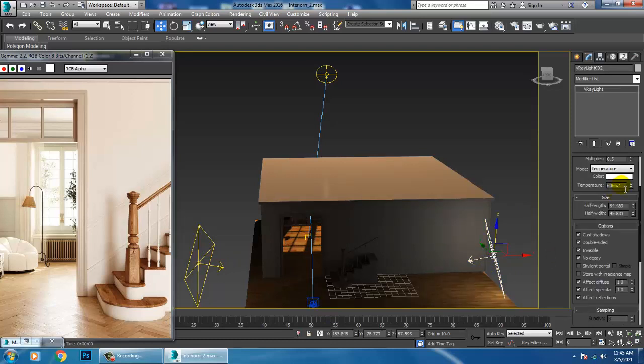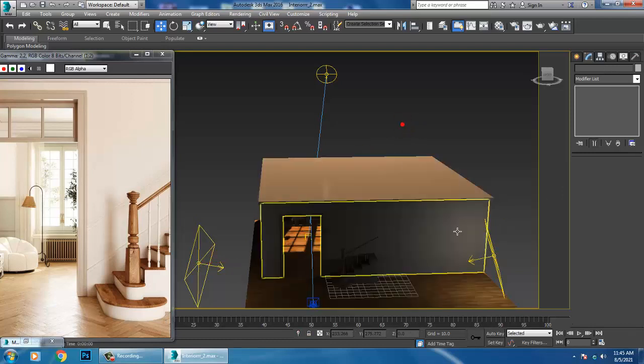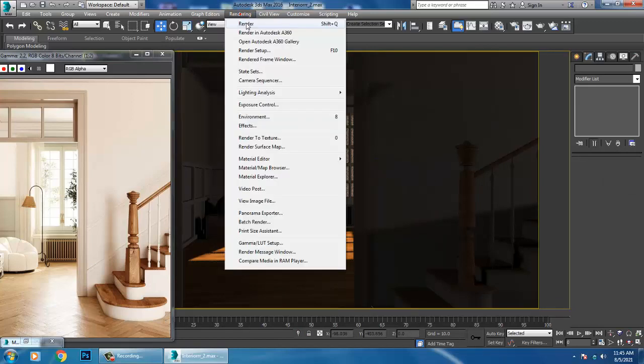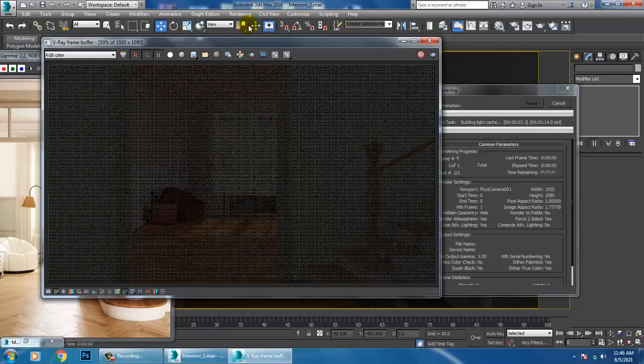I'll select this temperature properties over here. I'll copy that and I'll just paste this temperature properties for this light also. And let's render and see how it looks. Okay, now looks a bit better.